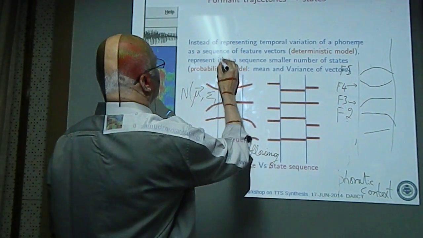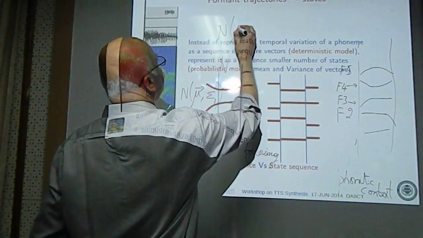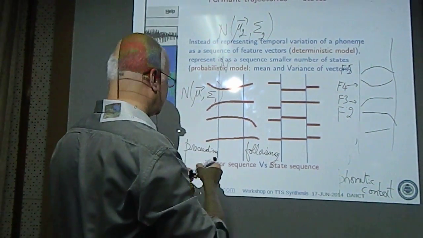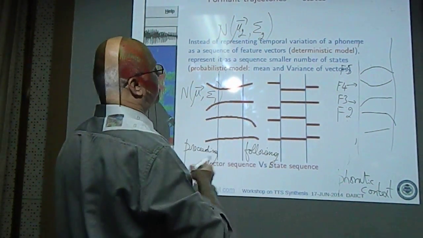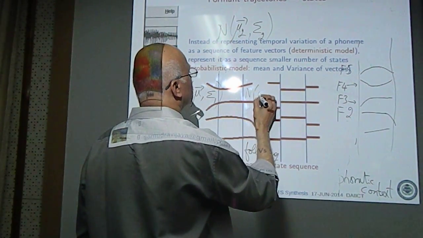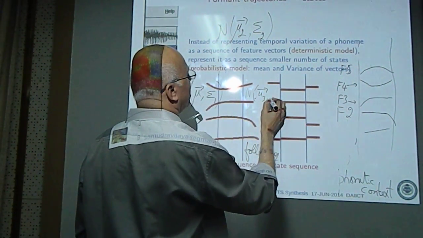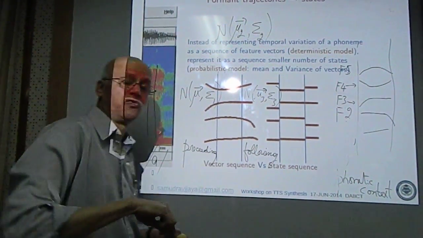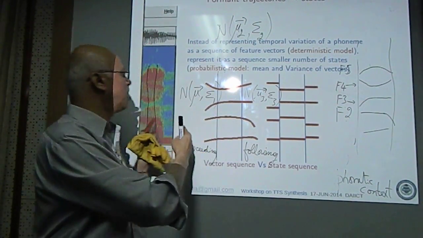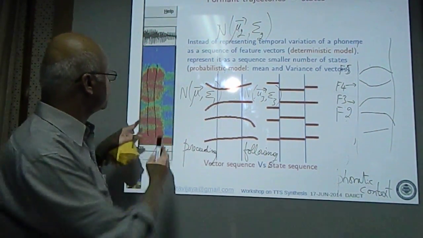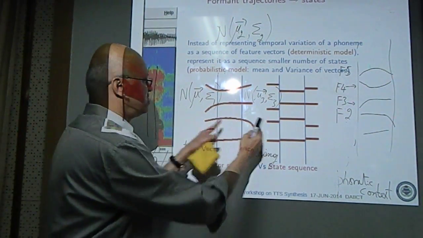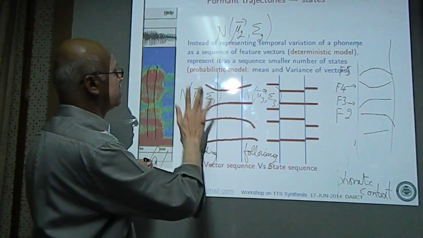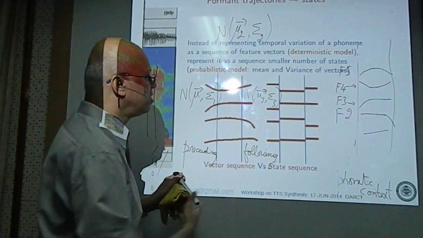And the middle part is also N of mu2, a mean vector, and the covariance matrix is denoted by sigma 2. And for the third one, let us denote it by mu3, the mean vector of the third part, and sigma 3, the covariance matrix. So this graph illustrates that it is better to represent one phoneme as a sequence of three segments. It's a sequence, time ordered, not a set, of three segments, and each segment is associated with one